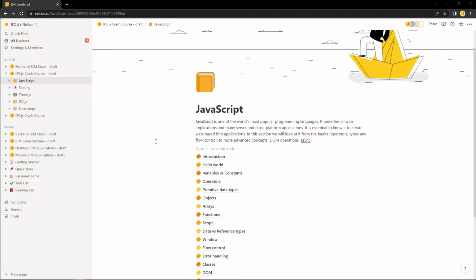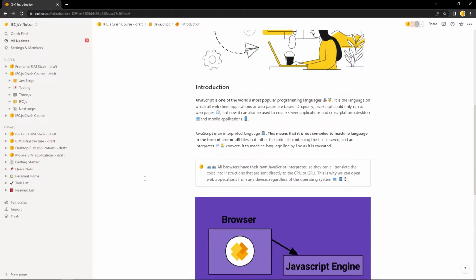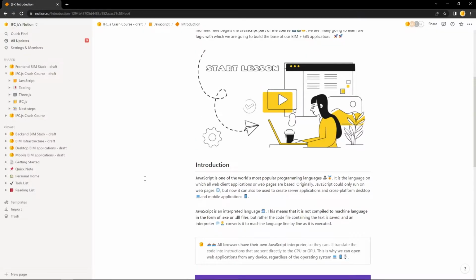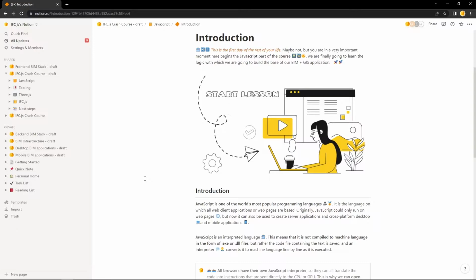So this is just the introductory lesson, so it's going to be a very short one, but one thing that you must know of JavaScript is, well, multiple things actually. First, it is one of the most used and most demanded programming languages out there. The main reason for that is that it's the programming language that is used to make web applications, and as you know,